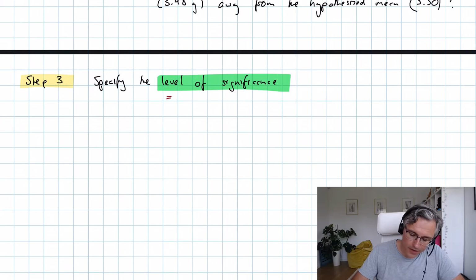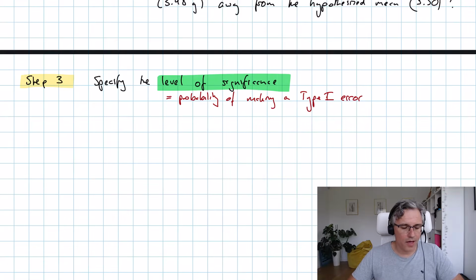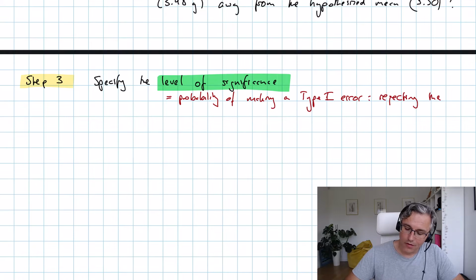It is in fact the probability of committing a certain error, of making a so-called type 1 error. A type 1 error is all about rejecting the null hypothesis, so rejecting H0 when it is in fact